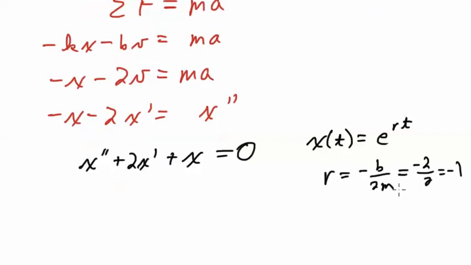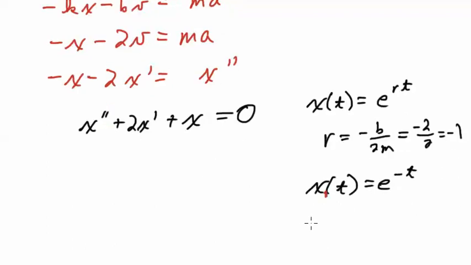So this is the case where x of t equals e to the negative t. Actually, let me call that x1 of t, and I'm going to also tell you, take this as a matter of trust or faith, as you may like to call it. x2 of t is t e to the negative t,